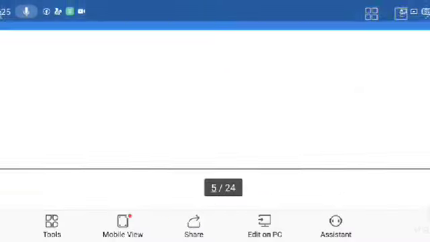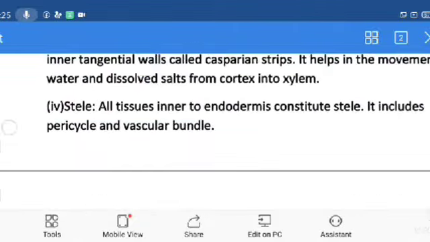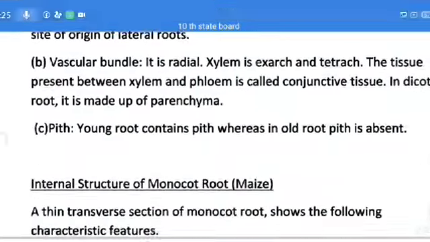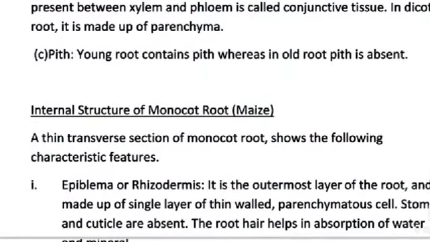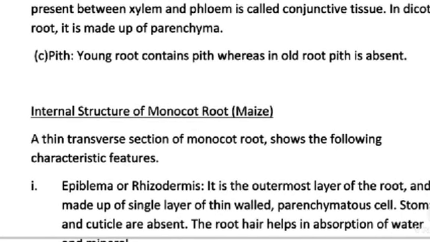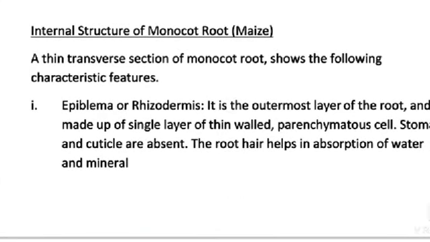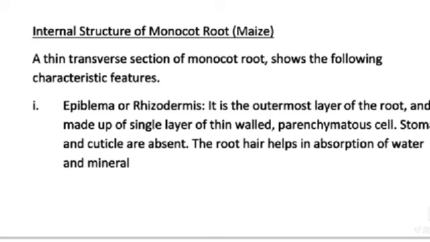Go to the internal structure of monocot root. A thin transverse section of monocot root shows the following characteristic features. Epiblemma or rhizodermis. It is the outermost layer of the root and is made up of a single layer of thin-walled parenchyma cells. Stomata and cuticle are absent. The root hair helps in the absorption of water and minerals